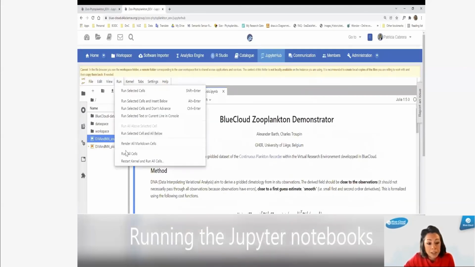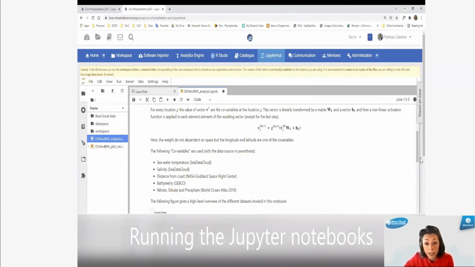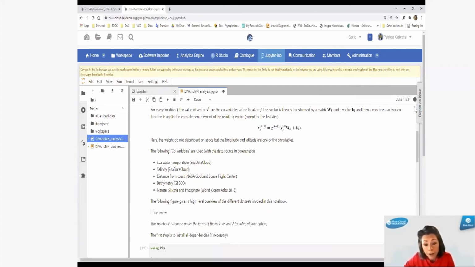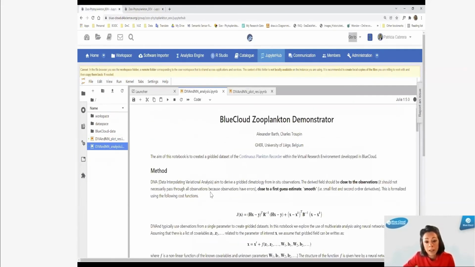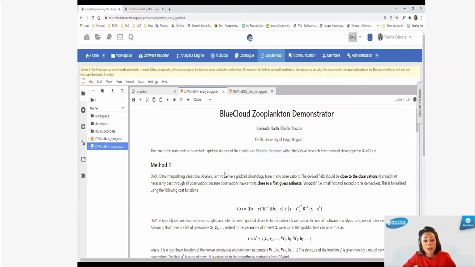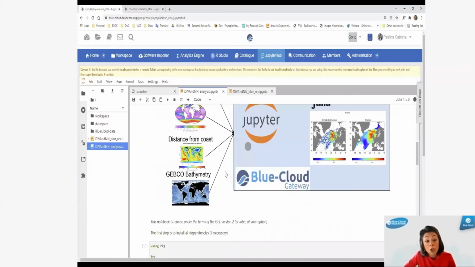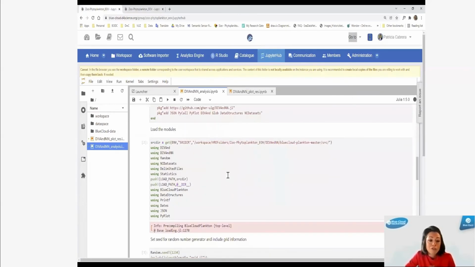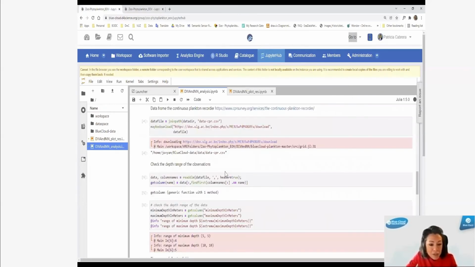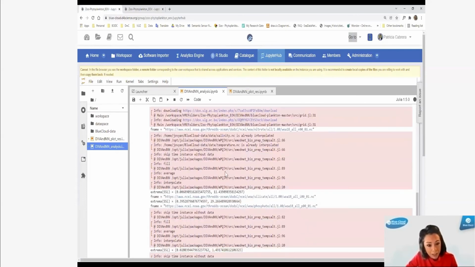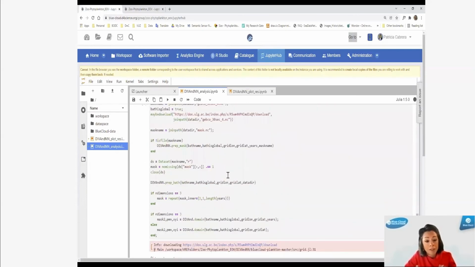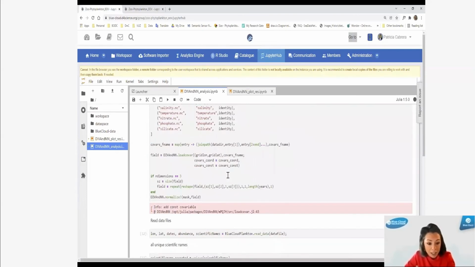So you first need to run all cells. Once you have done this, you will notice that here on the upper right corner, there is a gray dot. This means the notebook is running. As long as this is running, you will always see this in gray. And when it has already run, we can see the output. So for the purpose of efficiency in this video, I have already run the notebooks, and I'm showing you how after each cell, you see in pink